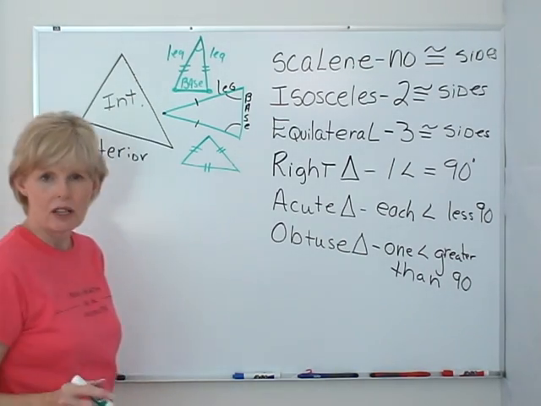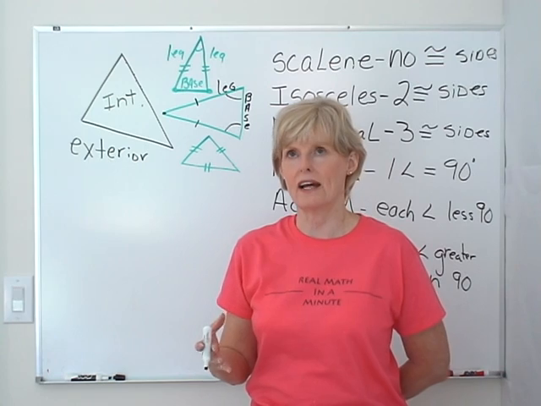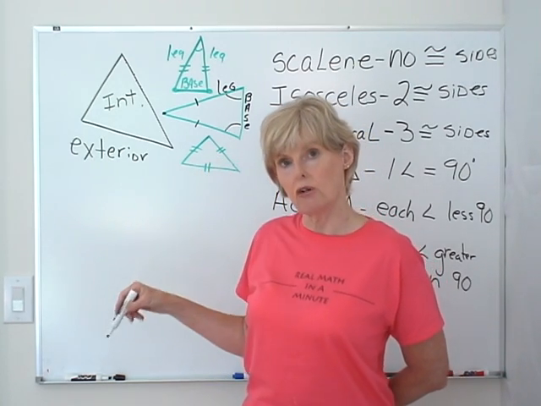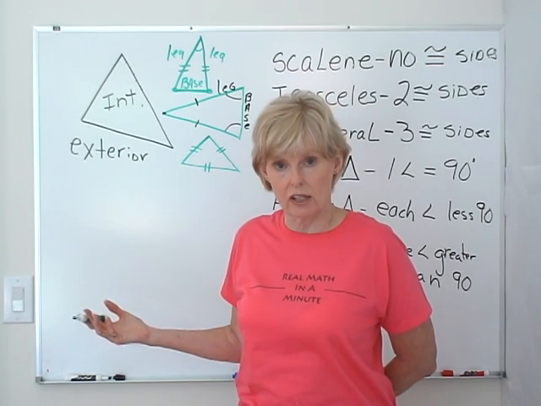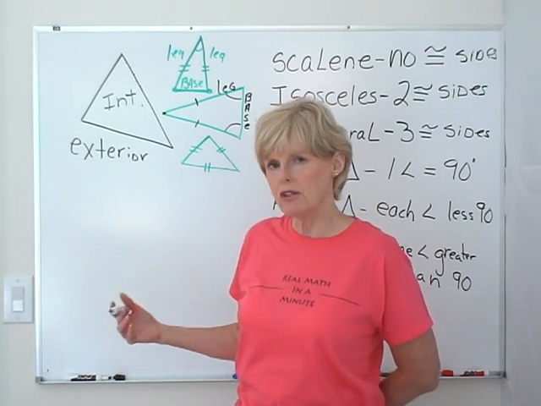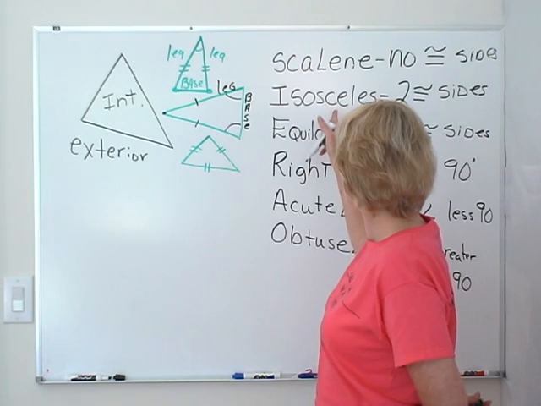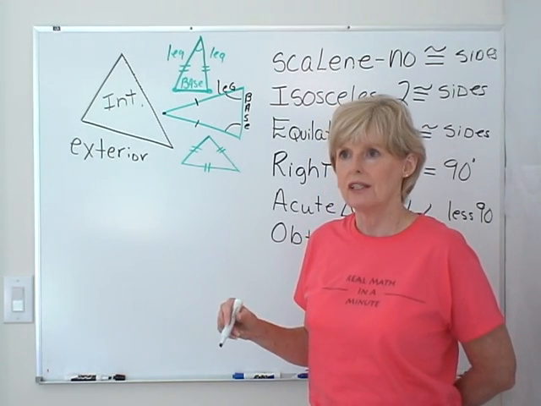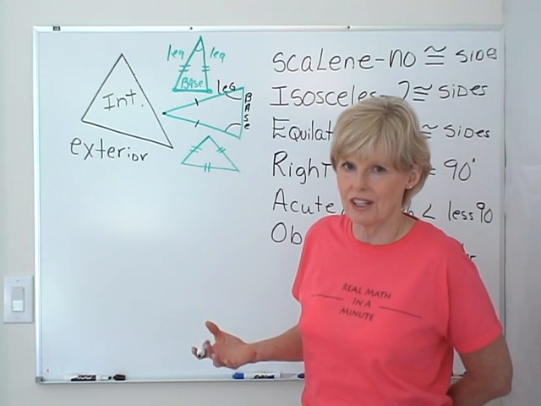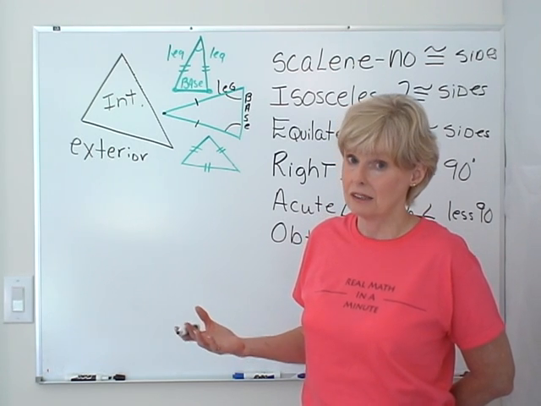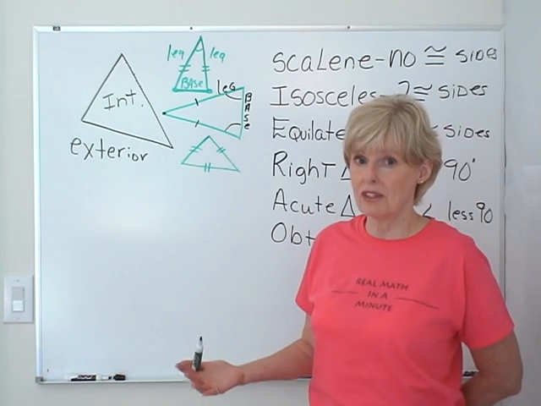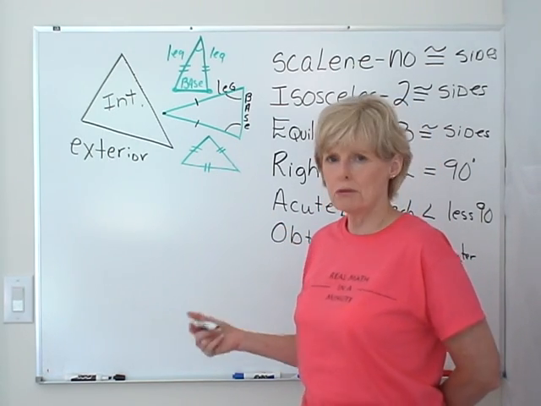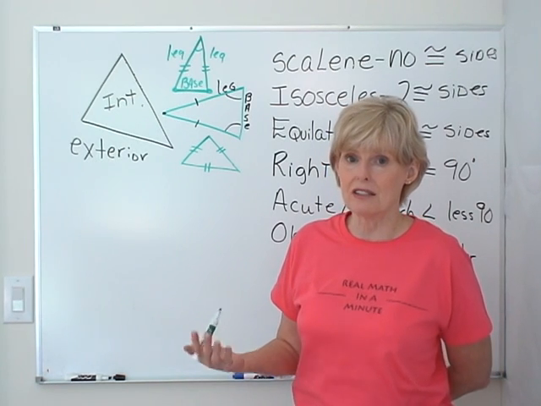And occasionally you'll have a trick question somewhere that'll ask you if an equilateral triangle could be called an isosceles triangle. Well, what do you think? An isosceles triangle has two sides that are congruent, and that really means at least two sides that are congruent. So if you think of it that way, then an equilateral triangle really is also